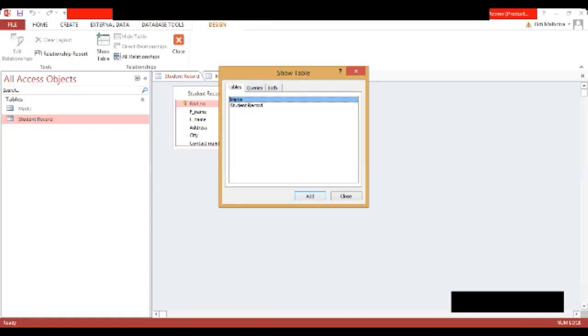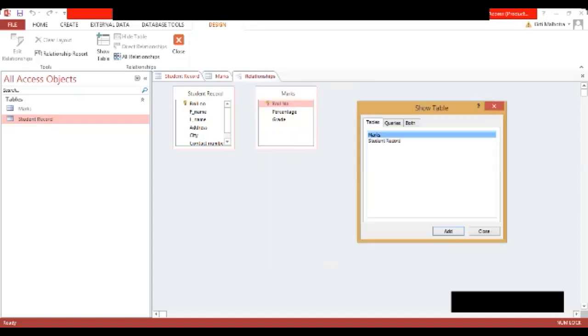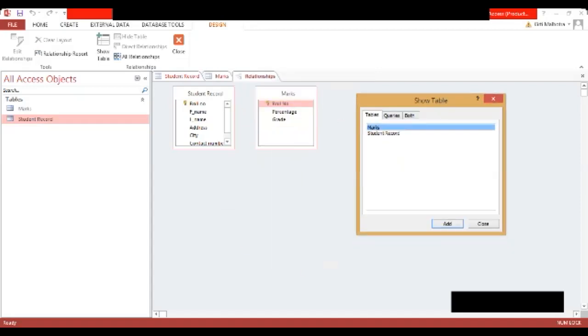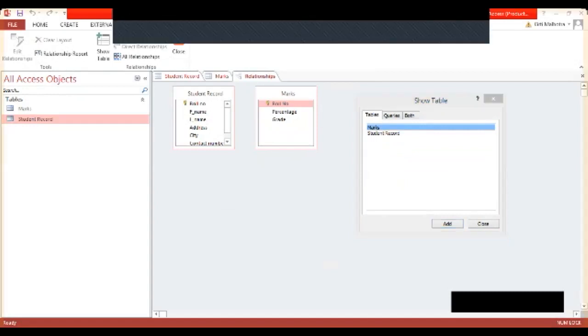Because I wanted to create relationship, and relationship is only created between two tables. So I have taken the student record table and I have taken the marks table and I will add it. When I will click on add, my both the tables are added here. Can you see? My both the tables are added. One is student record and another is marks. Is it visible, students? Yes, ma'am.